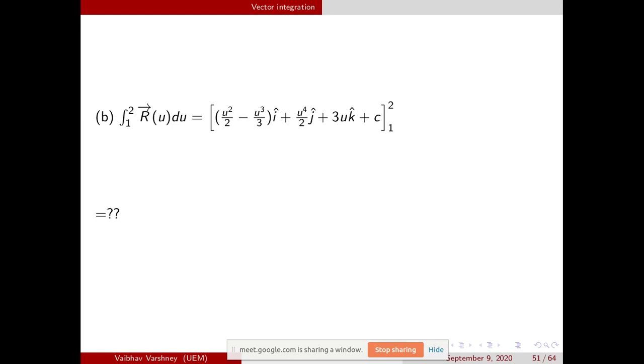Sir, we just have to put the limit, or we have to integrate once again? No, you just put the limit. You need not integrate again. After integrating you will get the same expression, है ना? Just put the limits and tell me the answer. I need a response from all of you. Whatever answer you are getting, even if it's wrong, at least try and tell me what you are getting.